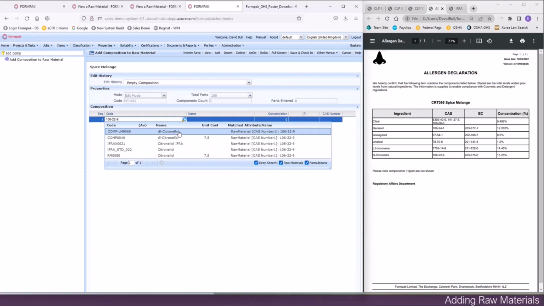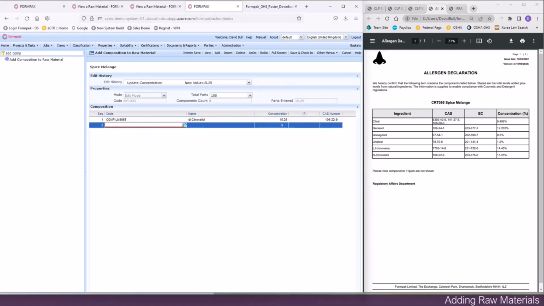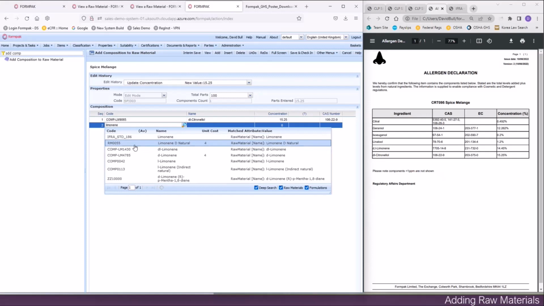So I'm going to add the comp code and add the exact amount of 15.25. I can then hit enter to add the next line. There's also add, insert, delete, undo and redo up here for ease of navigation. So I can search by name. I'm going to put the limonene in, DL limonene